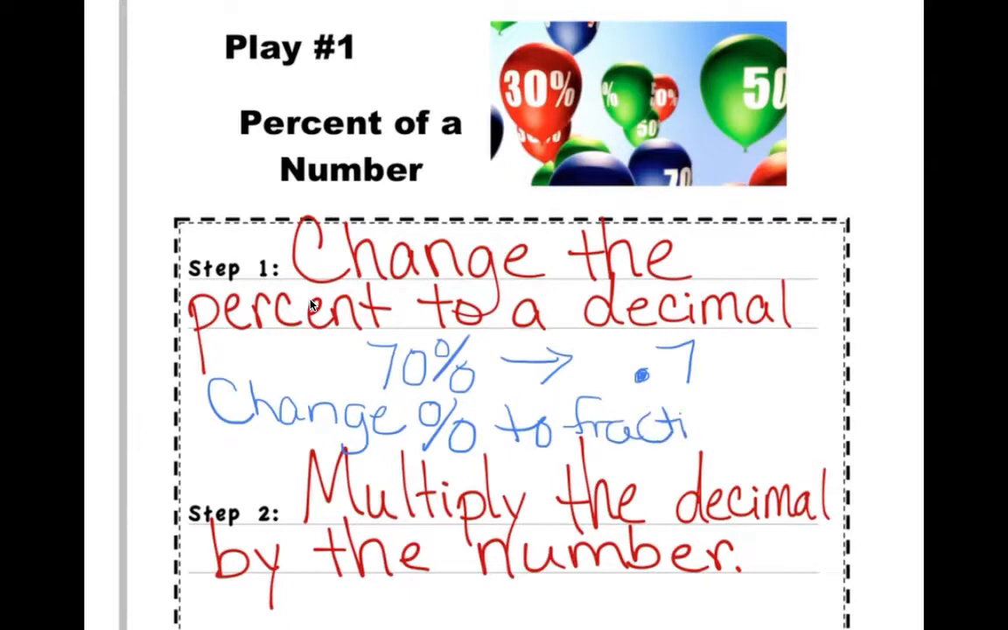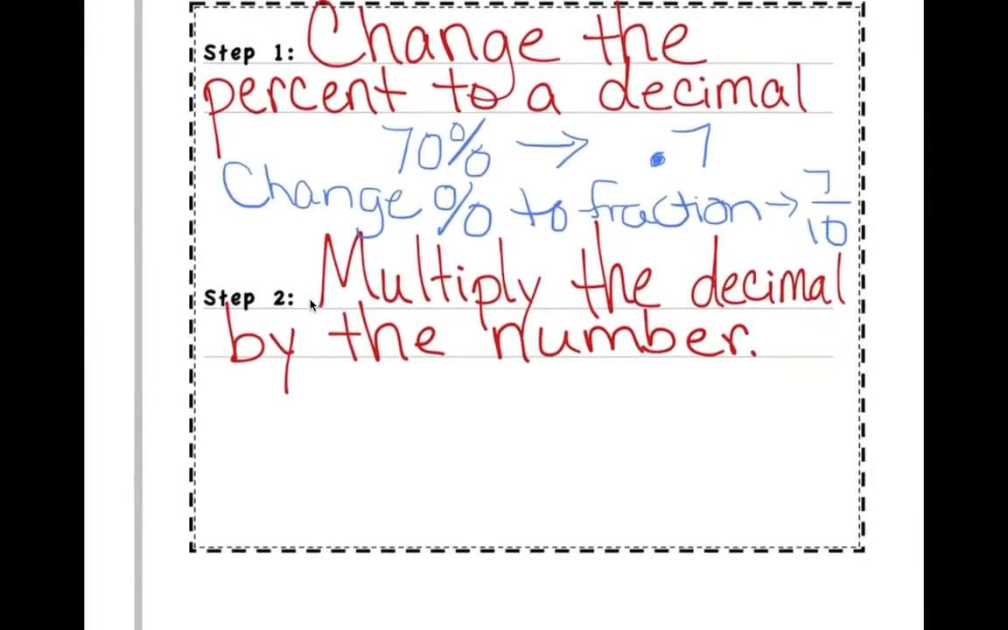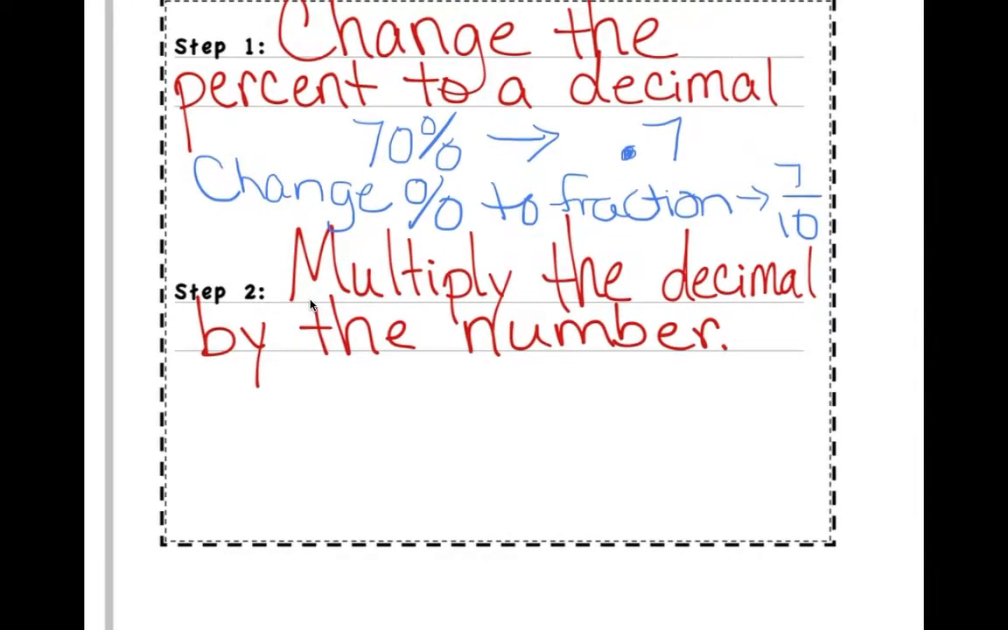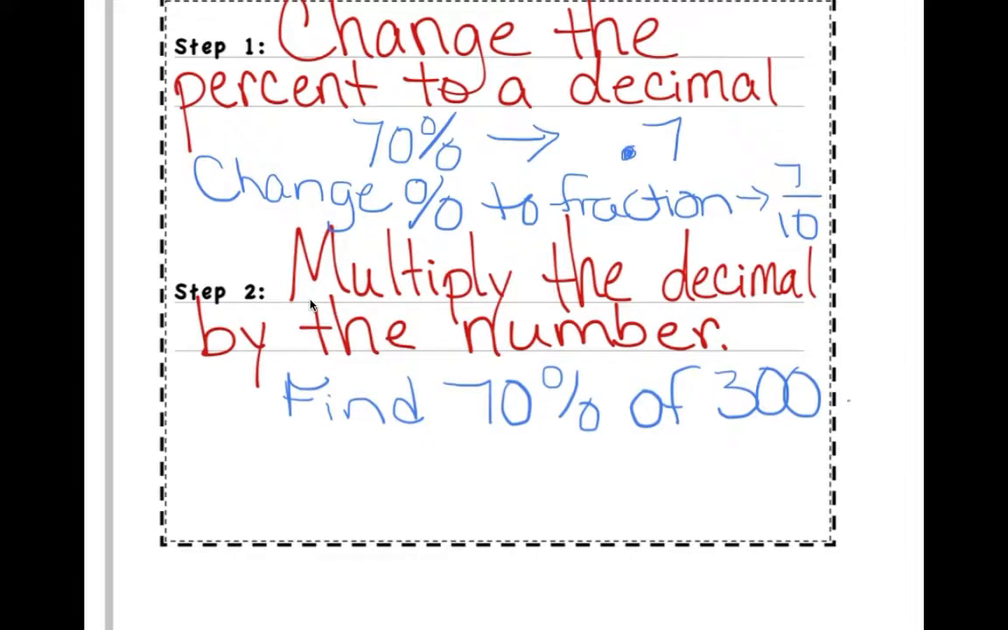Personally, I think multiplying by decimals is easier. It's just less work, but you can change to fractions if you prefer fractions, and that would be 7/10. Okay, so you have two options there. Once you have your number, your decimal or your fraction, you multiply the decimal or the fraction by the number. So let's say the question was find 70% of 300. Okay, you would do 0.7 times 300 to get your answer, or